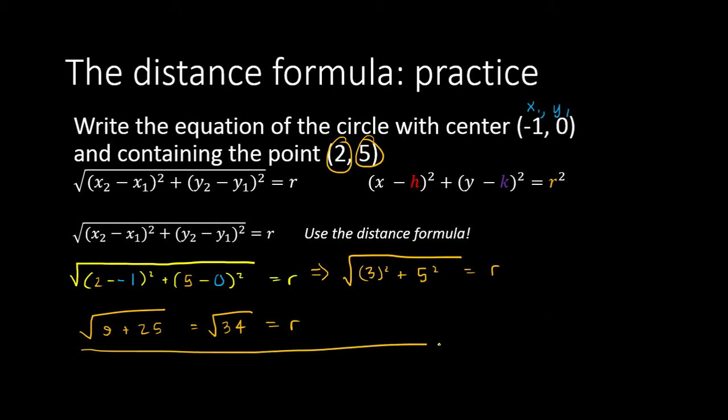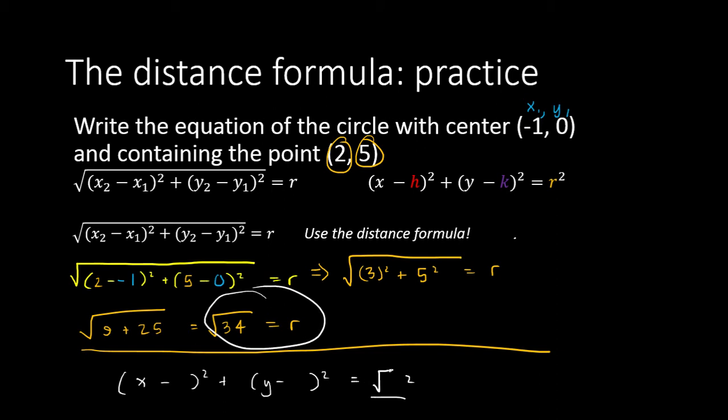Cool, so I have my radius. Now let's write in the information into the equation. So I write my skeleton, x minus something squared plus y minus something squared equals something squared. I know that my radius is root 34, so I put root 34. The x-coordinate of the center is negative 1, the y-coordinate is 0. Simplifying, I would rewrite this as x plus 1 squared plus y minus 0 is y, so y squared equals,